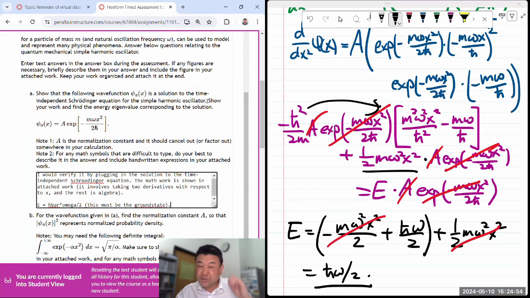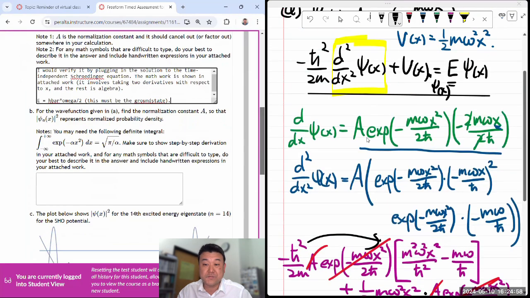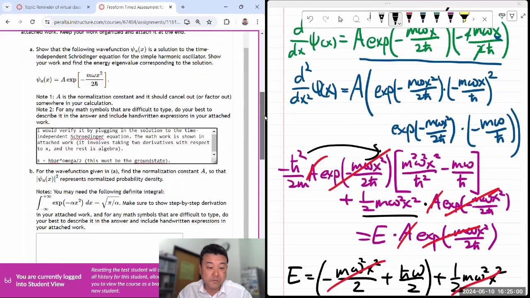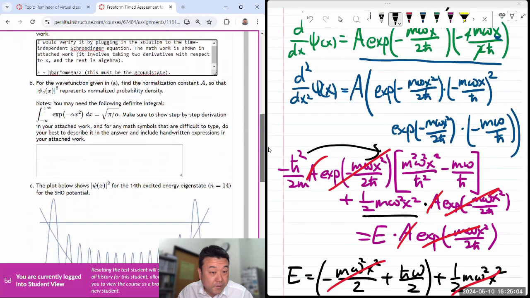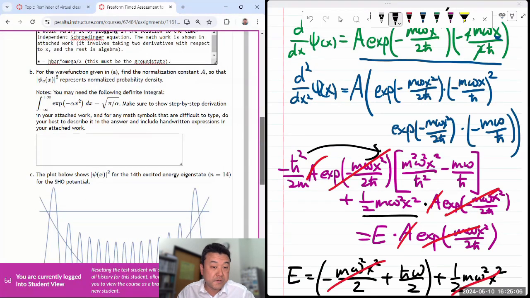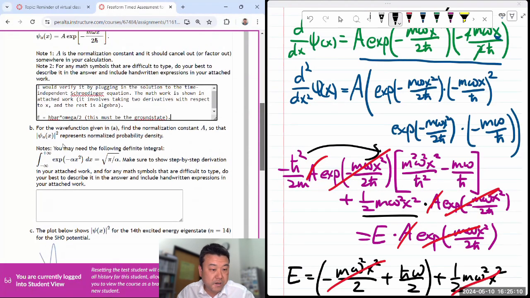Good. And I wouldn't actually give you any of the excited states, because this calculation becomes so time consuming once it's any kind of level of complexity. Yeah, it took me 8 minutes. I gotta go faster. Okay, wave function given in A, find the normalization constant so that,